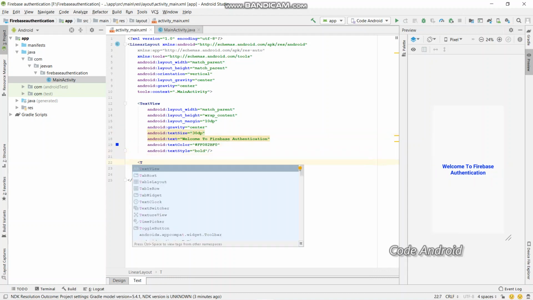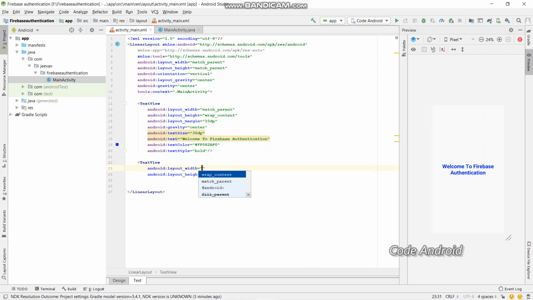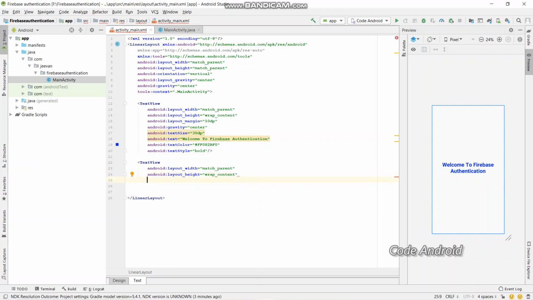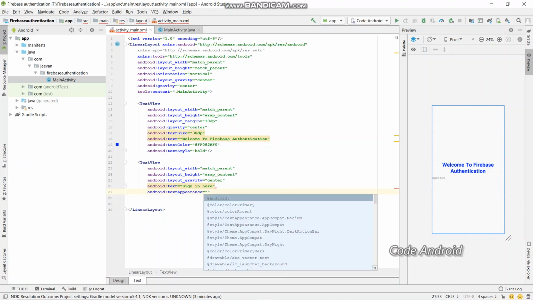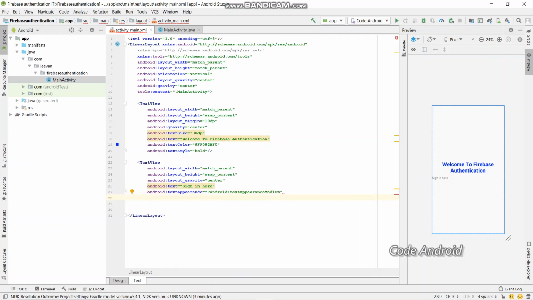Now add one more text view, match parent, wrap content, and let the layout gravity be center and the text be sign in here, and let the text appearance be medium and have gravity as center and apply padding around 10 dp